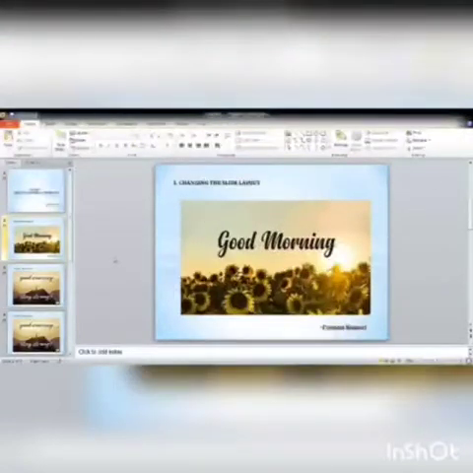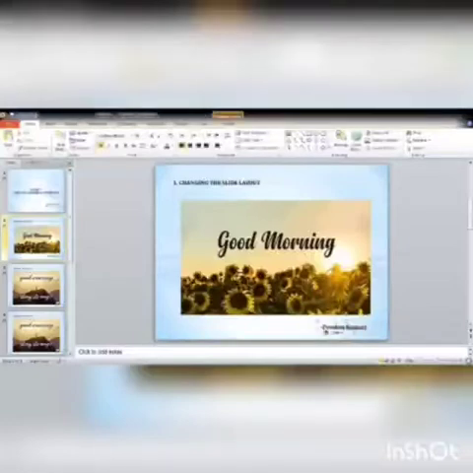Next topic is copying object. You can copy the object anywhere on a slide, between the slides, or from one presentation file to another. Select the object, click on the copy button on the Home tab, or you can use the Ctrl C key option.